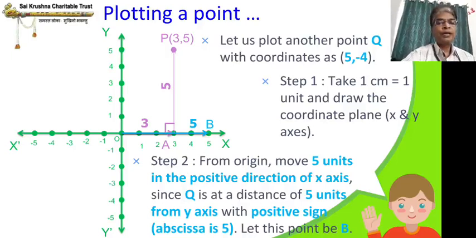If anybody has made a mistake in this, you can correct it before going to the next page, where we are going to see how to locate the actual point Q, because there are only 3 steps, right? So 2 steps are over, and the third step will be in the next page. So pause the video, check whether you have made a mistake, check whether you have done the ordinate final value correctly, and then go to the next page.